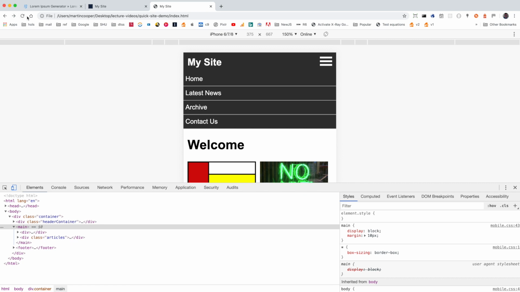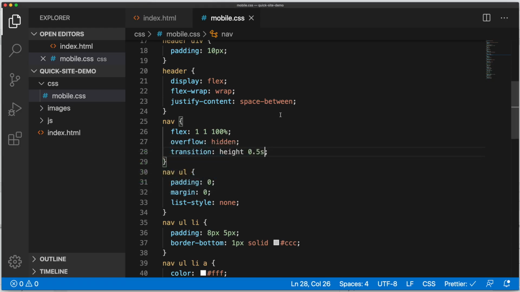So you won't see any change just yet, because what we're now going to do is add a little bit of JavaScript in order to get this to work, effectively to create a mobile drop down. So in JS over here, I'm going to create myself a new file, and I'll call this main.js,